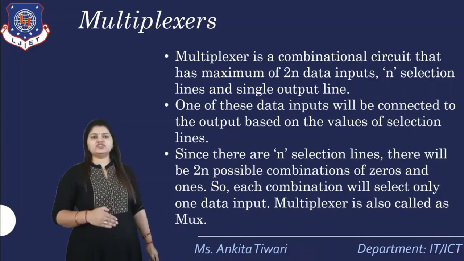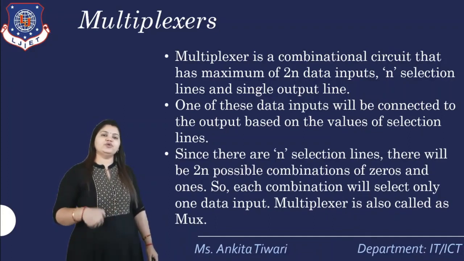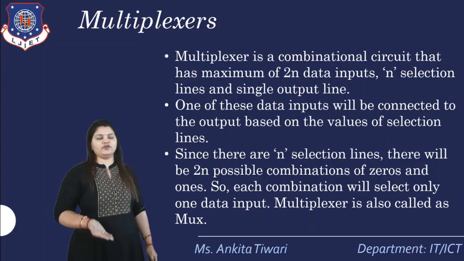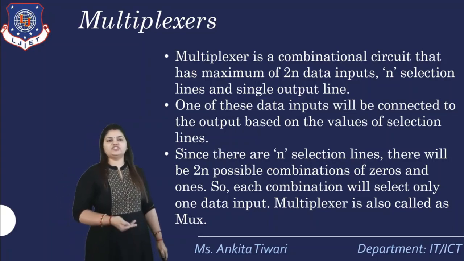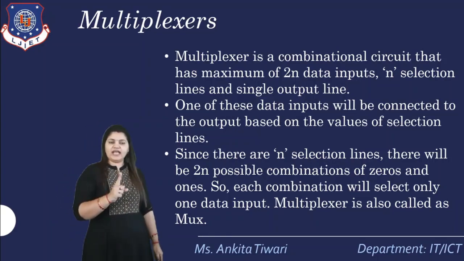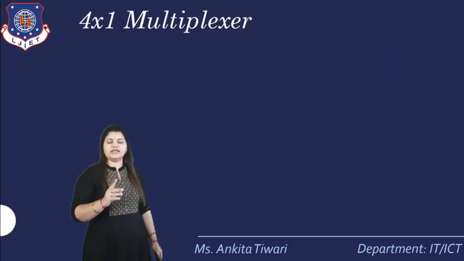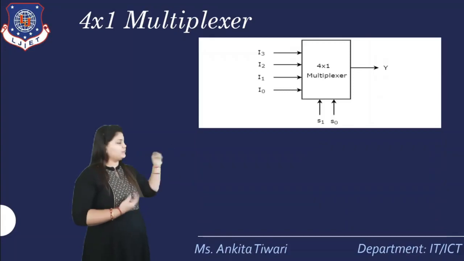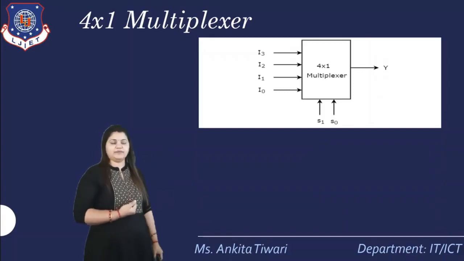Since there are n selection lines, there will be 2 raised to n possible combinations of zeros and ones. So each combination will select only one data input, and a multiplexer is also called a mux. Okay, so here the concept of multiplexer is, suppose I am taking a 4 cross 1 multiplexer,